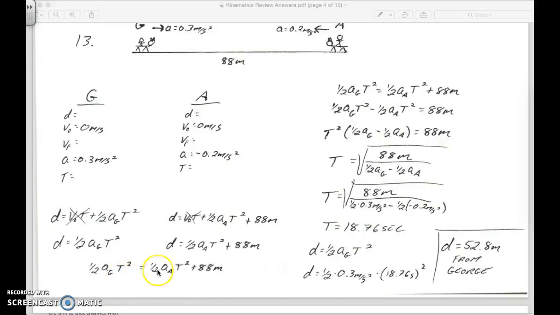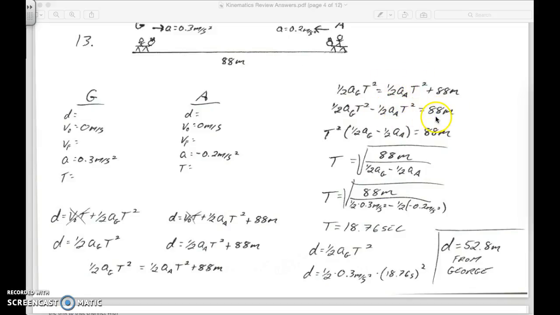So we're going to solve for time up over here. I just rewrote that same line that I had so you can see what I do step by step. First thing we've got to do is get the times to the exact same side because that's what we're solving for. How long have they been riding until they hit each other? So I'm going to subtract 1/2 Alfred's acceleration time squared over to the left. So now you can see in this same equation that now it's over here on the left side, 1/2 acceleration of George time squared, untouched, and I just move this one over, minus 1/2 Alfred's acceleration time